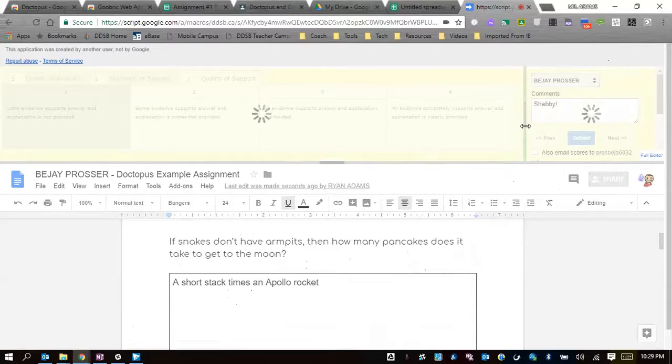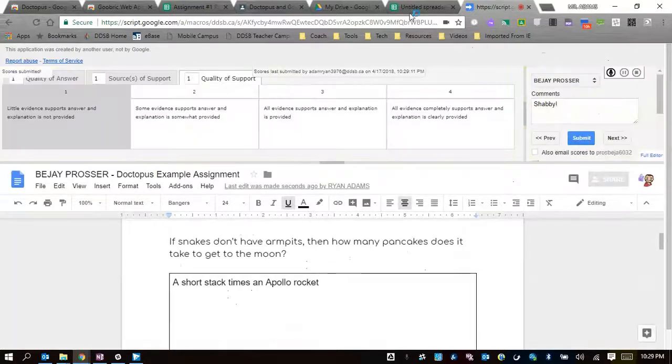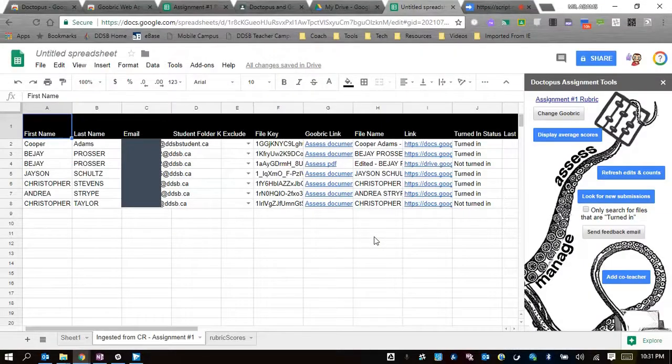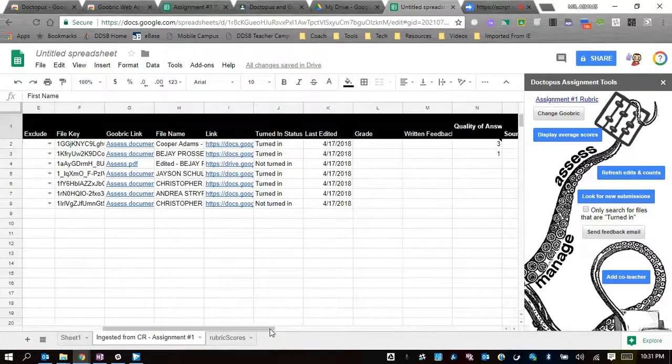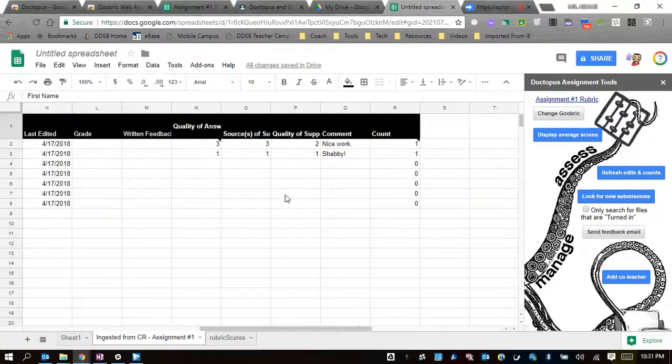You go through, you do that, and what's going to happen is back in my spreadsheet, things are being updated as well. So putting the feedback on the document is great for the students, but for assessment purposes, when it comes to writing report cards or looking at our own records, this spreadsheet that was made originally has now automatically been updated. If I scroll over to the right, I now have the results of my assessment have been added to that